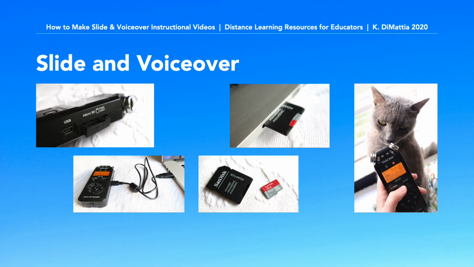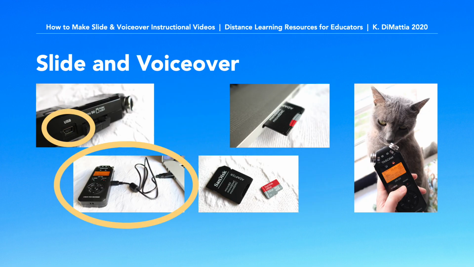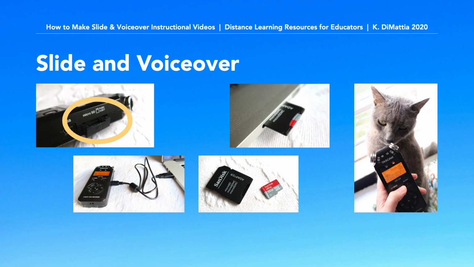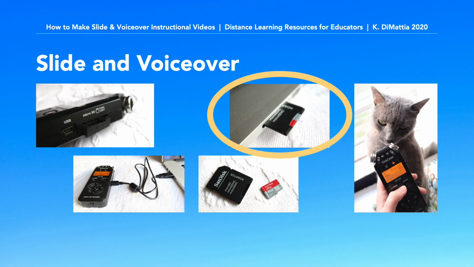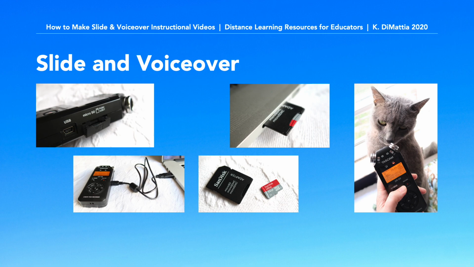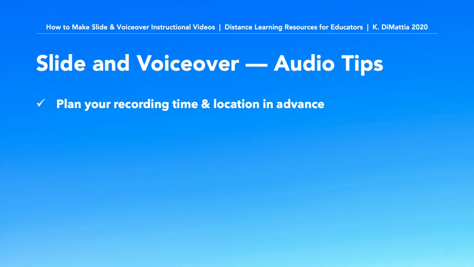When I finish a batch of recordings, I can either plug the Tascam directly into a USB port to transfer the files, or I can remove the micro SD memory card, insert it into an adapter, and load the files onto the computer. I'll be sure to include links to the programs and devices I recommend in the description of this video. Plan to record at a time when you have the best chance of being alone in a quiet